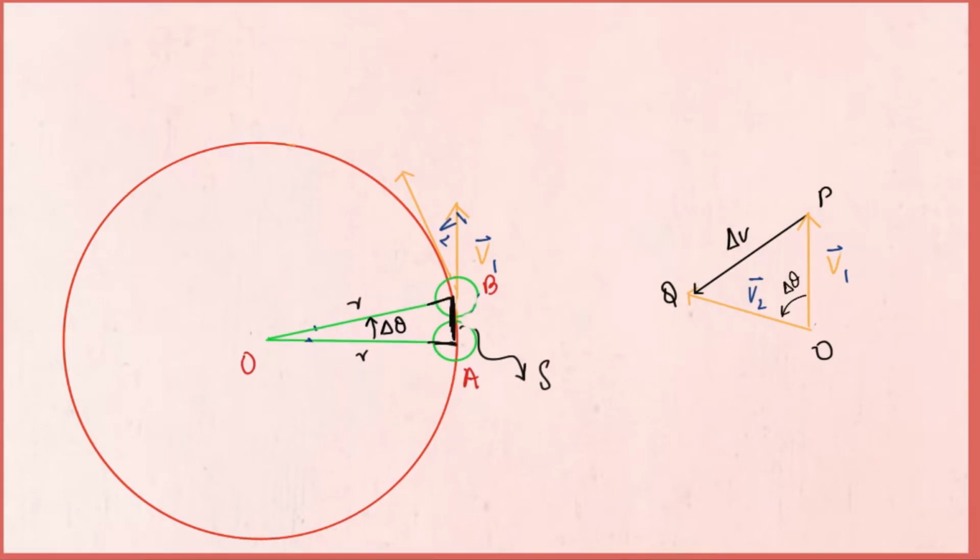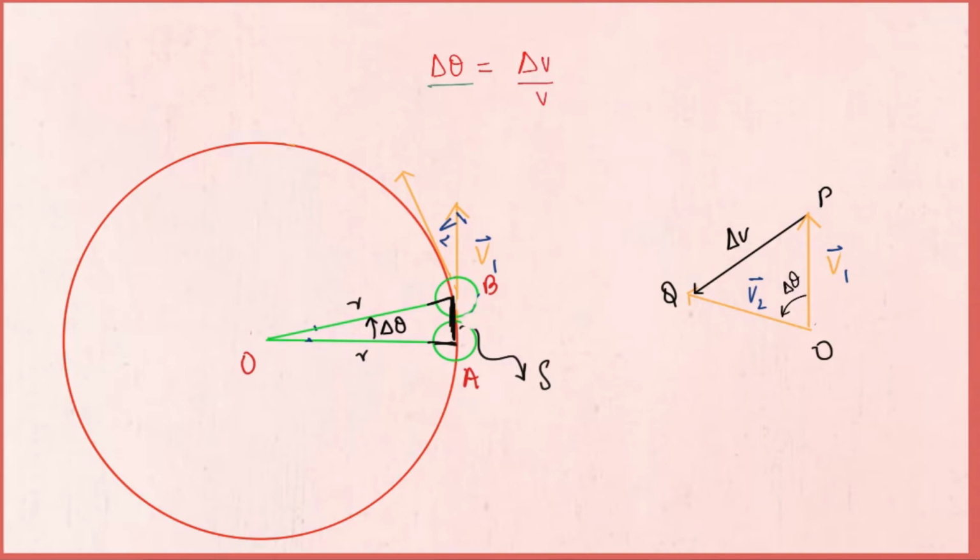As the body is continuously in uniform circular motion, let the velocity vector at some interval be vector v3, vector v4, vector v5. If we trace these vectors to the tail of v1, we can see that it tends to form a circle, which makes the triangle OPQ a sector of the circle with delta theta so small that the sector OPQ becomes a triangle OPQ, just like we have discussed earlier. As we have studied that angle theta in radians equals arc length over length of the radius. Arc length is delta v and the radius is speed. So this equation becomes delta theta equals delta v over speed.